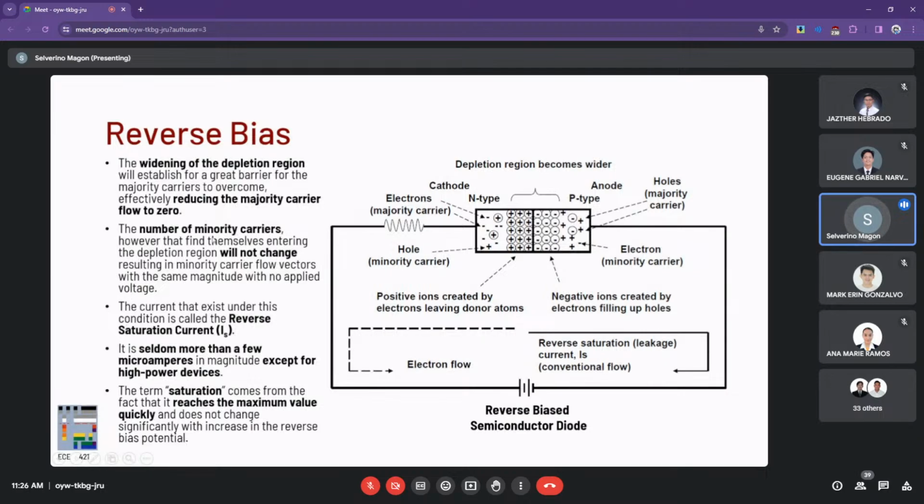A number of minority carriers will not be changing, as a result of which these minority carrier flow vectors have the same magnitude as with no applied voltage. So the condition exists that some reverse current is leaking